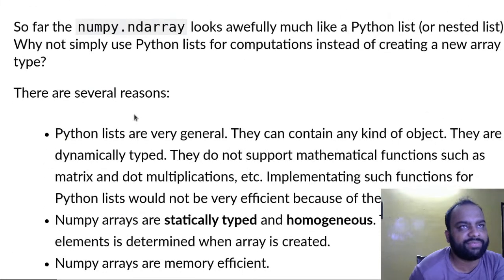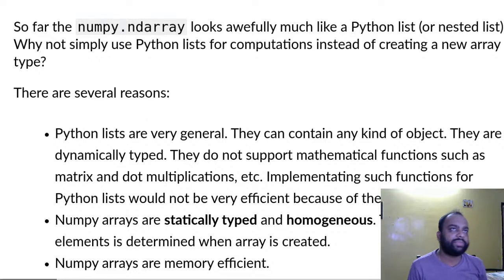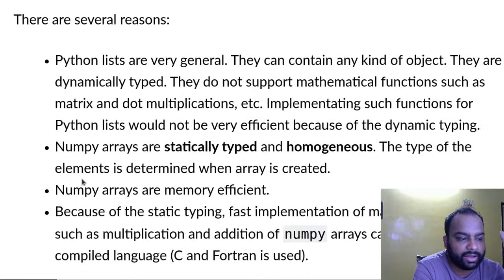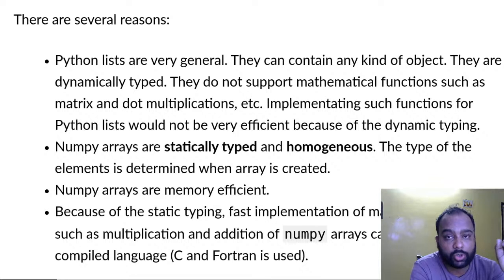Okay, so far these are the advantages. So far what we have seen is NumPy arrays as, what should I say, homogeneous Python lists, right? But in addition, NumPy arrays are statically typed. So elements in a NumPy array have static data types. Okay, so what I mean by that is they are going to be predefined, right? So if you are creating an integer array, it is going to hold integer values. If you are creating a float array,